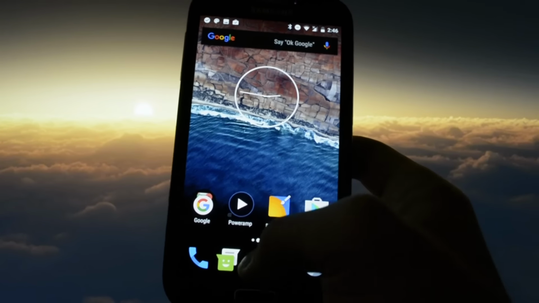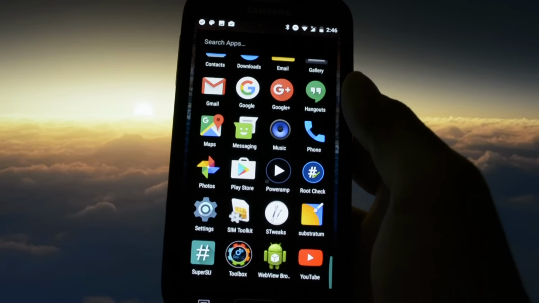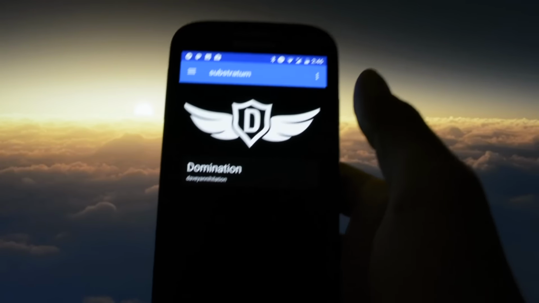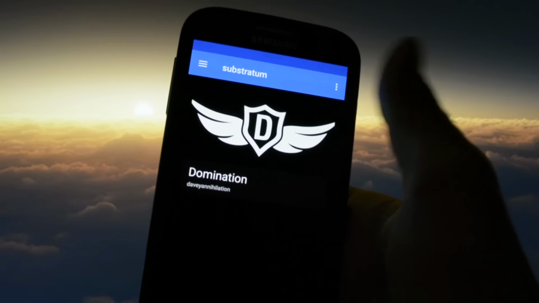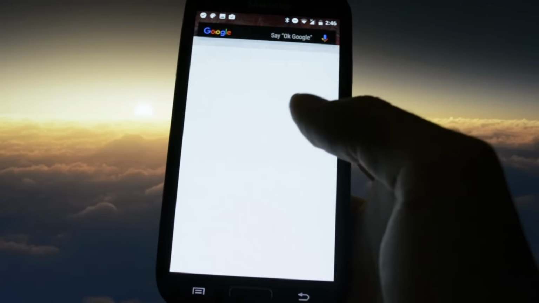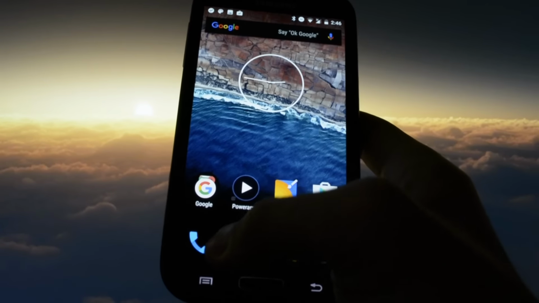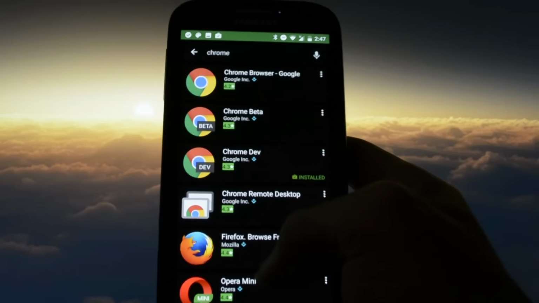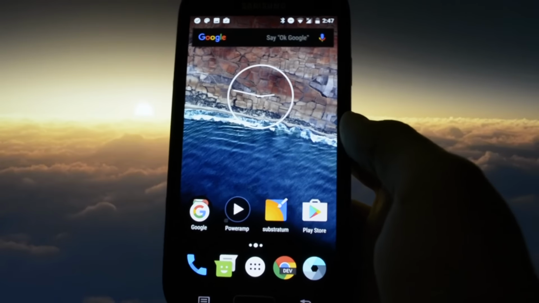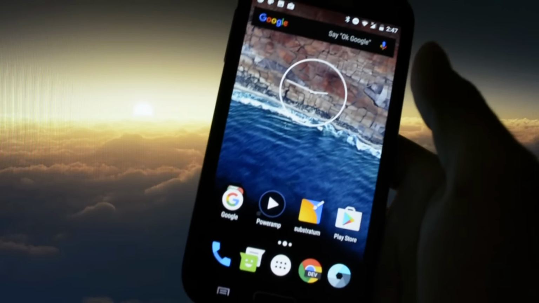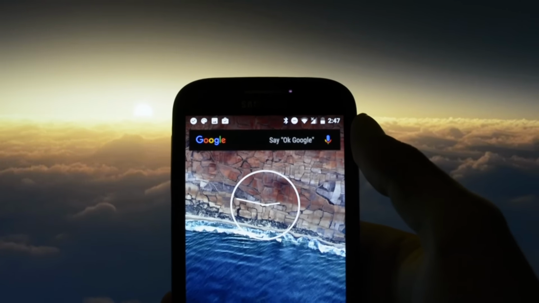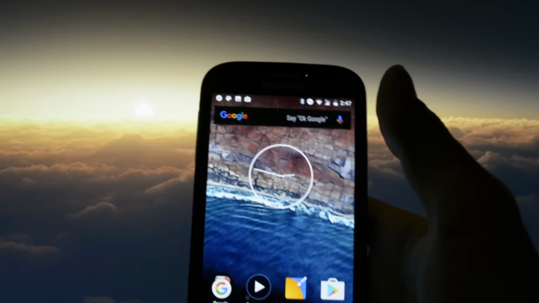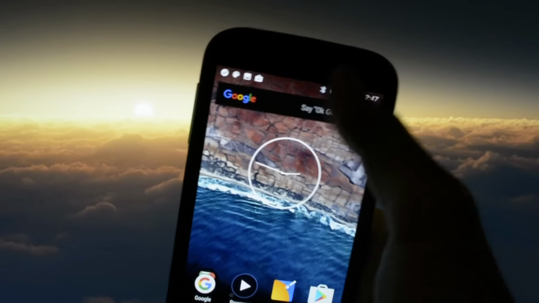Let's get into the theming part, because this is a really interesting part you want to take care of. The Substratum theme engine. I have here the Domination theme, which you can see. I have the blacked out dialer, the blacked out messages, and blacked out Play Store. As you may see, everything is opening pretty quick, and also the Google search bar is blacked out. Even Google Now is blacked out. Everything is blacked out, instead of